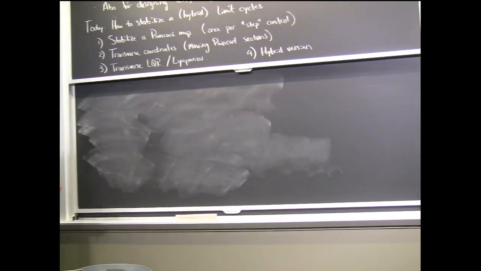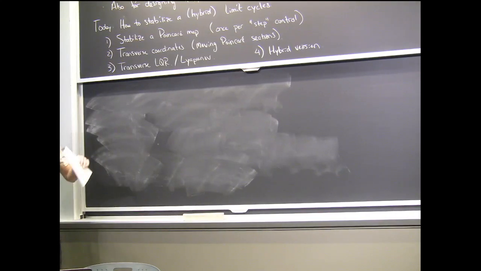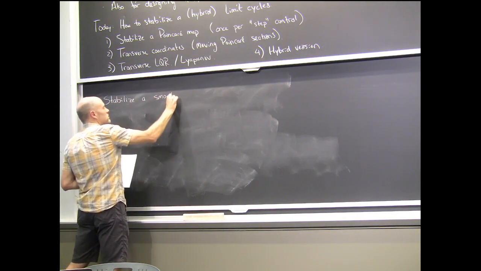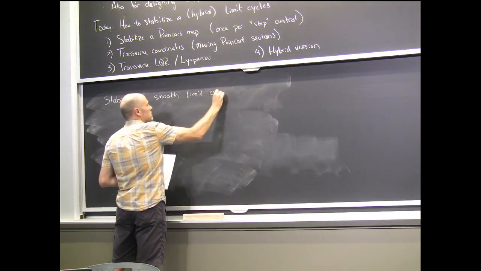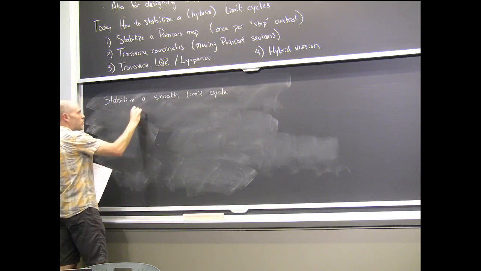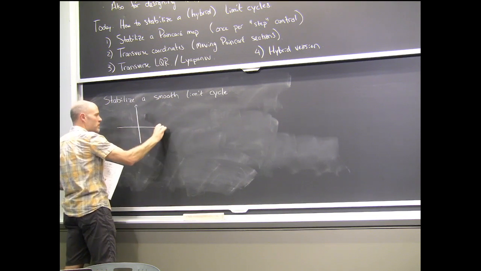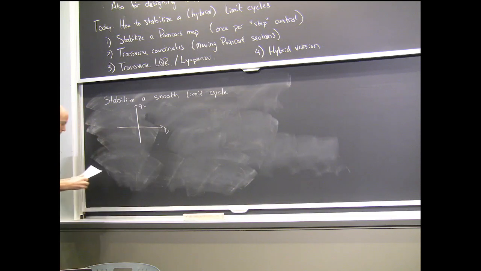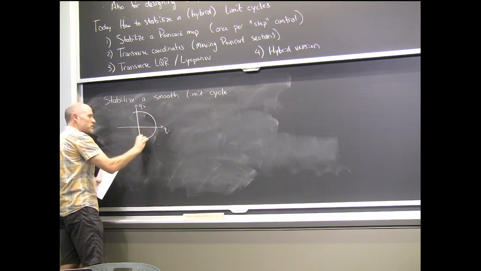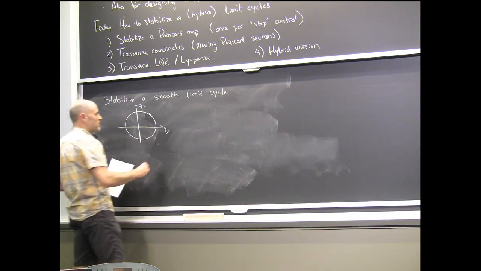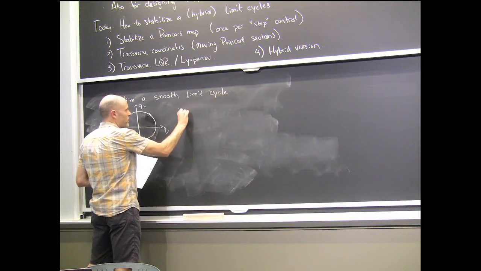Okay, so let's think about stabilizing a limit cycle, even a smooth limit cycle. I'll just reset, just like we did van der Pol and then we added hybrid. Let's think a little bit about just smooth dynamical systems, right? Maybe one of the simplest things, let's even analyze stability of a smooth limit cycle with this kind of approach. So I can write a very simple oscillator, maybe just a ring oscillator even. Let's say this is a limit cycle that just goes around in a circle, and I can write this trivially by saying, if I write it in polar coordinates, okay,